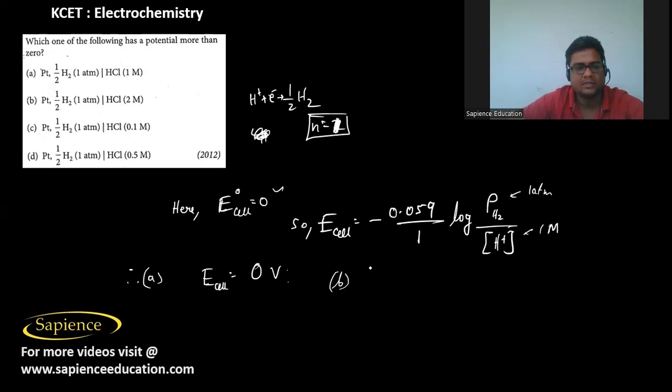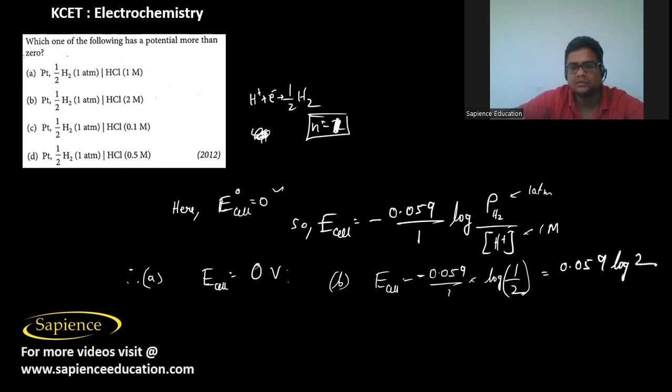And option B, this one, E cell will be equal to 0.059 by 1 into log of 1 by 2, since the concentration of H plus here is 2 molar. So log half. So this we can write 0.059 into log 2 plus. And for option B only, the E cell is more than 0,